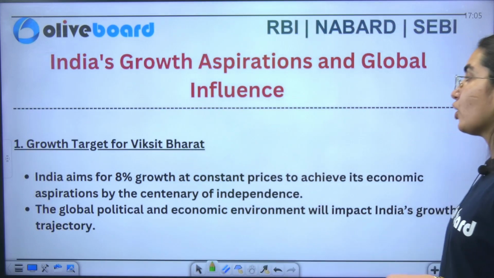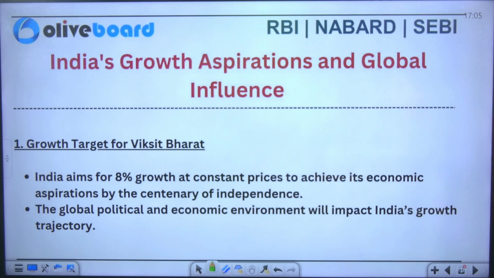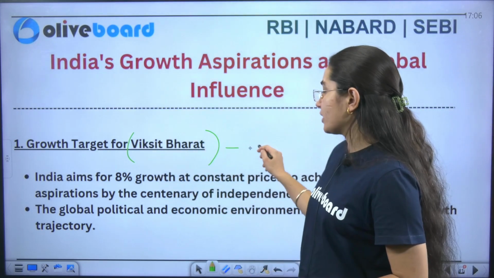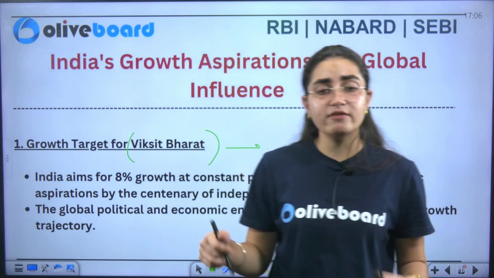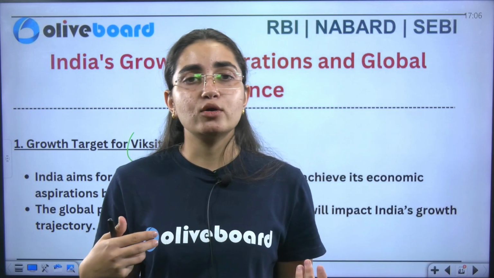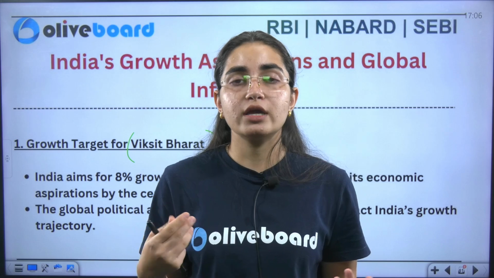So first is India's growth aspirations and global influence. One consists of your growth target for Viksit Bharat. So we have a target of becoming a Viksit Bharat by 2047. We have to become an Aatmanirbhar Bharat, a Viksit Bharat. We should not be entirely dependent on the rest of the nations for the import of goods